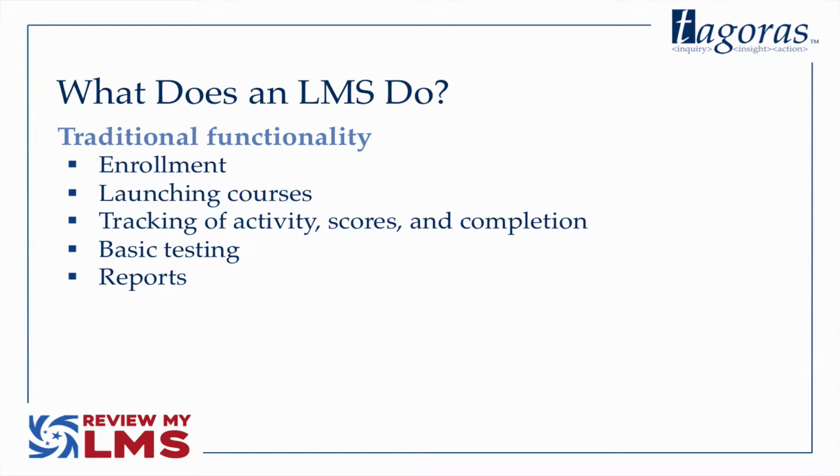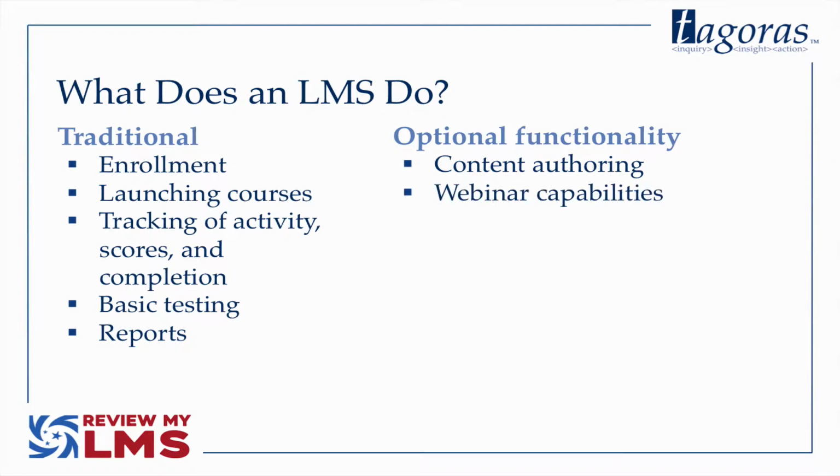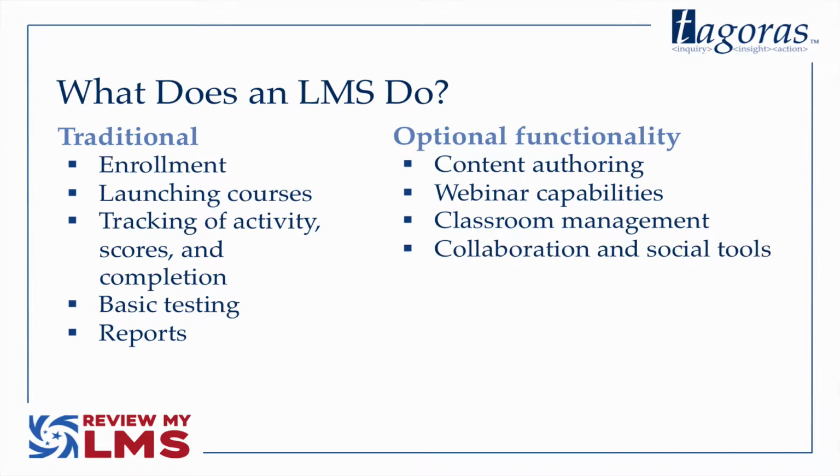But most learning businesses would not be satisfied with that standard traditional core LMS functionality. They tend to want something more to go along with those baseline capabilities. Exactly what that more is varies, but common optional or add-on functionalities for LMSs include things like content authoring tools to enable you to create courses and other learning content, integrated capabilities for managing webinars, capabilities for scheduling and managing classroom-based learning, collaboration and social tools like discussion boards that allow learners to communicate with instructors and each other,